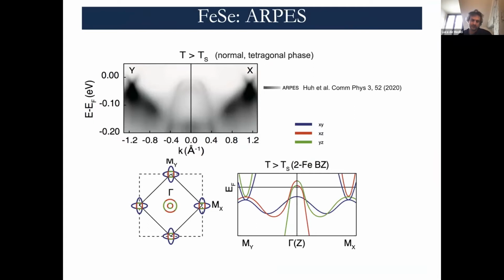So this is the ARPES of the normal phase in iron selenium in the tetragonal phase along the Gamma-M cut. I'm quoting this ARPES from this group, but there's been a lot of work, and of course consensus has taken some time to arise. I guess we can discuss the details of this, but I'll refer to this scheme of bands in the Gamma-M cuts, and in particular to the fact that